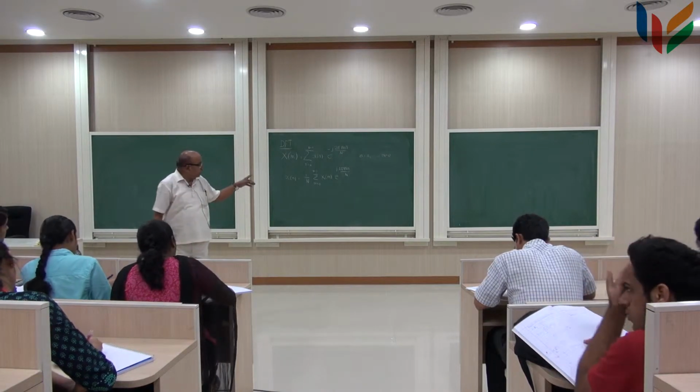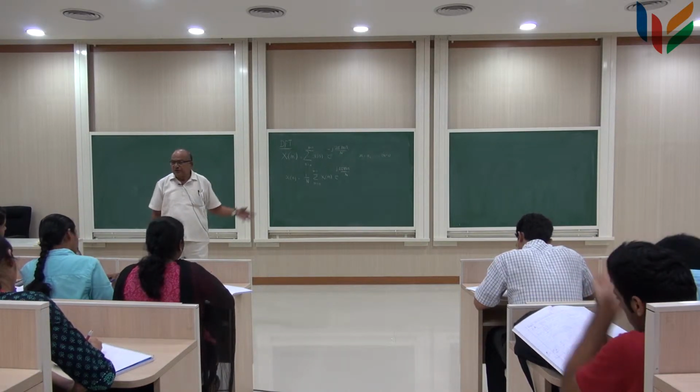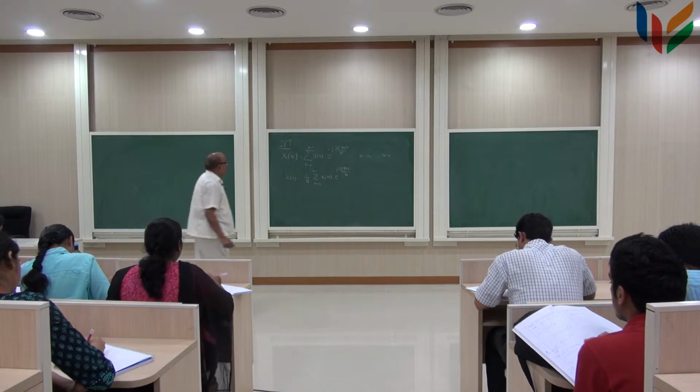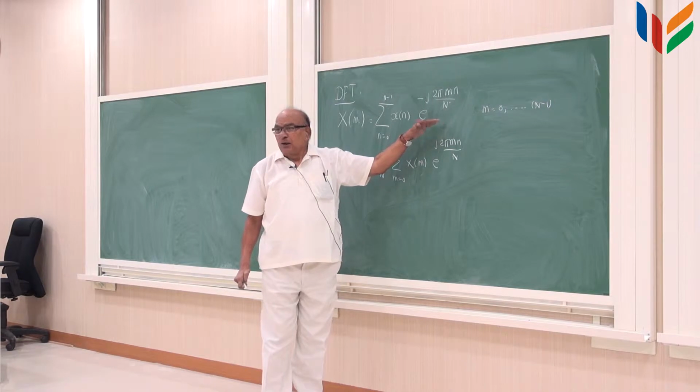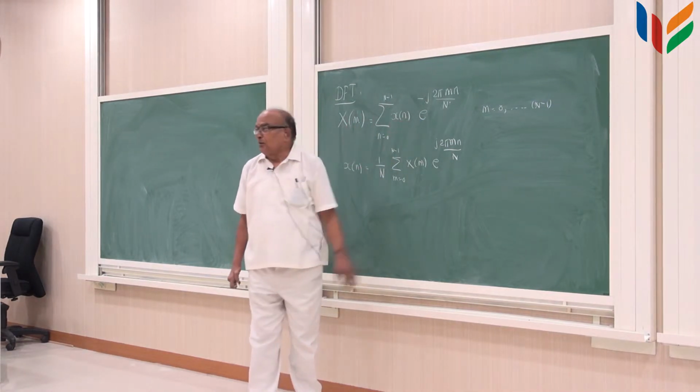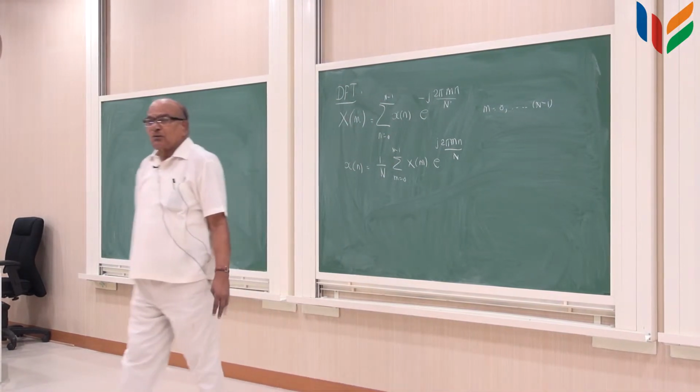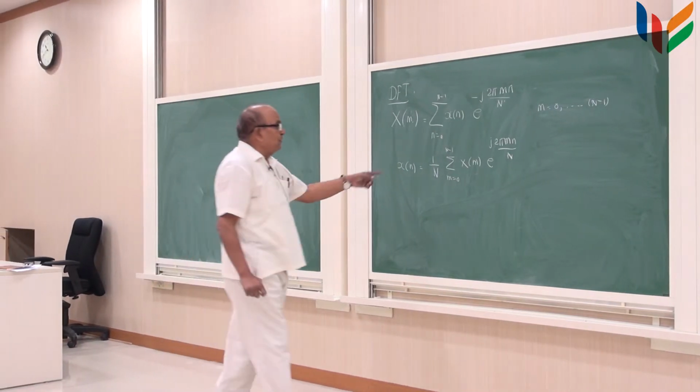So, I can now show that this is indeed the inverse transform of this, because this function is the orthonormal function. So, we are expanding this in terms of an orthonormal series, a finite orthonormal series, and so the coefficient can be